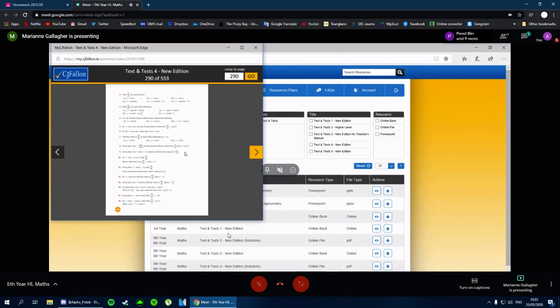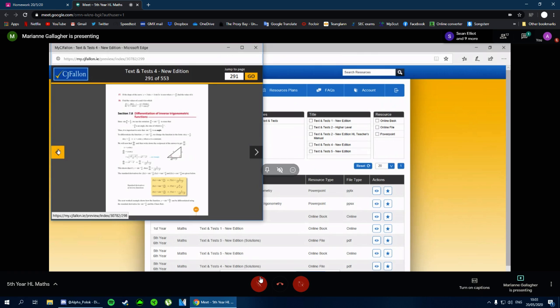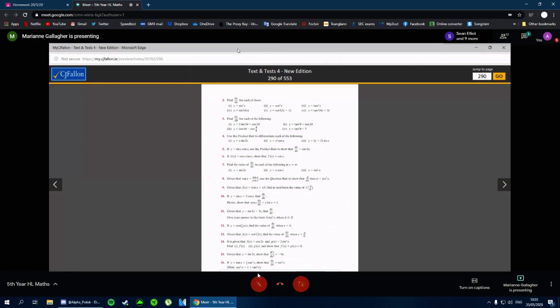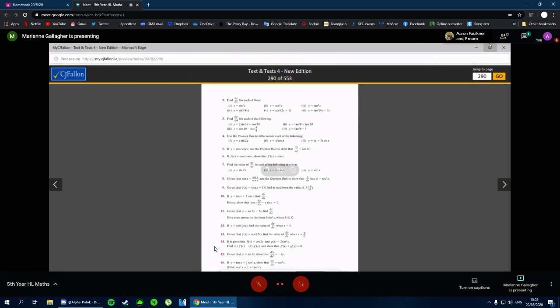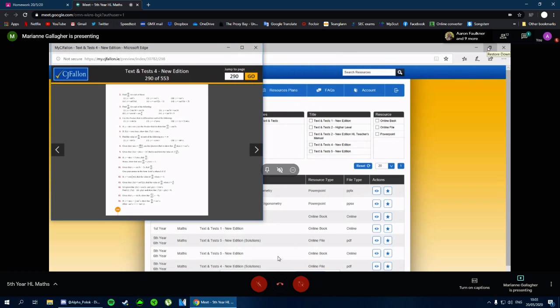Excuse me. So question 9. And given that f of x is that, I'm in third form. So third form just means it's a square root. And so basically you're going to do chain rule here